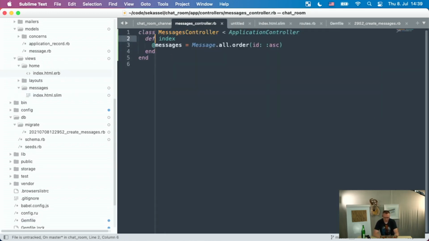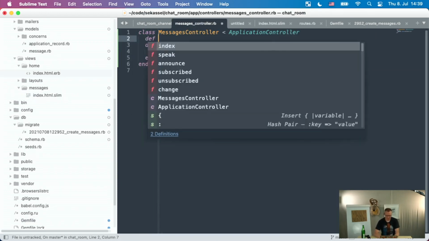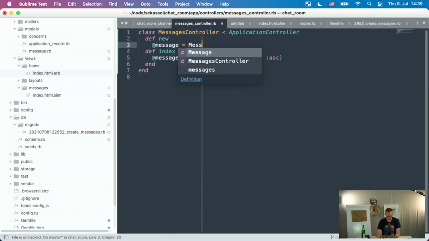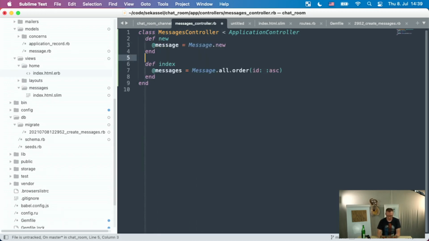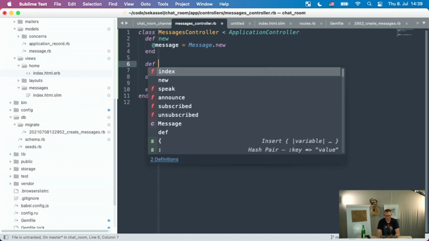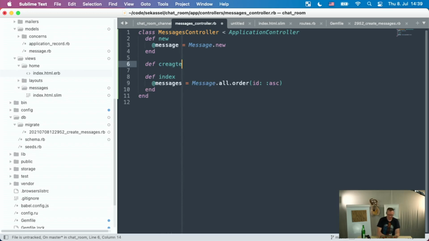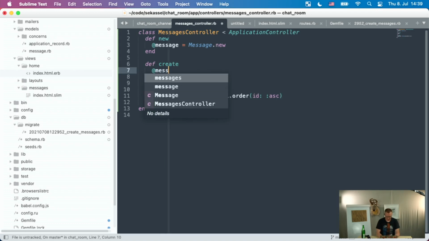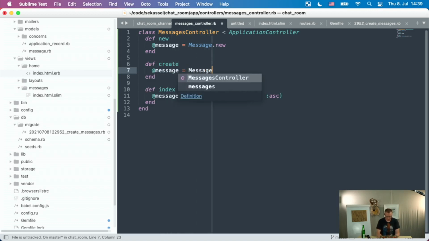So we go to the messages controller, add our standard new action, message new, and add our standard. So in this case, again, using some meta-programmed automatically generated controls would be really neat. Create messages, message.new of message params,